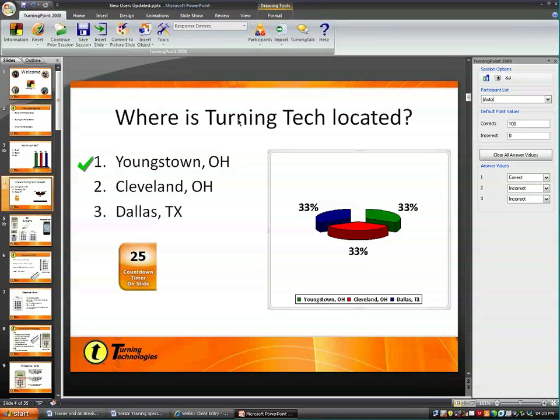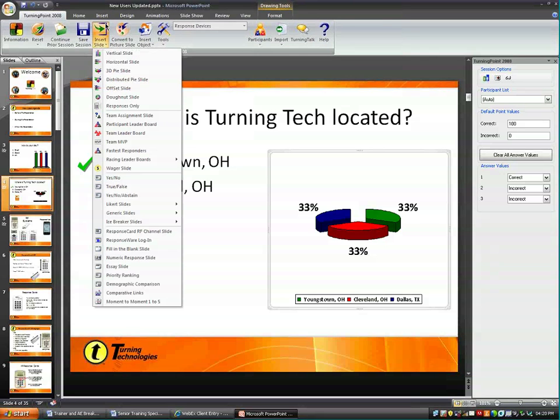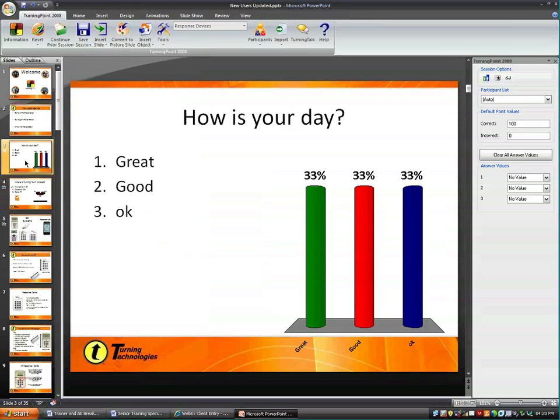Now, before I ask you guys if you have any additional questions, let me just go ahead and take a moment to briefly recap how we got to this point. So remember, I first of all opened up TurningPoint. That was the first thing that I did. And when I opened up TurningPoint, it opened up a blank presentation. Since I already had an existing PowerPoint I wanted to integrate these slides within, I next opened that up. I decided where in the presentation it was that I want there to be an interactive slide. I clicked on my TurningPoint 2008 tab, which brought up my ribbon, and went to the Insert Slide tab. I chose from one of the 6 chart types. After I inserted the slide, we had just 3 required steps to be completely done with the slide if we